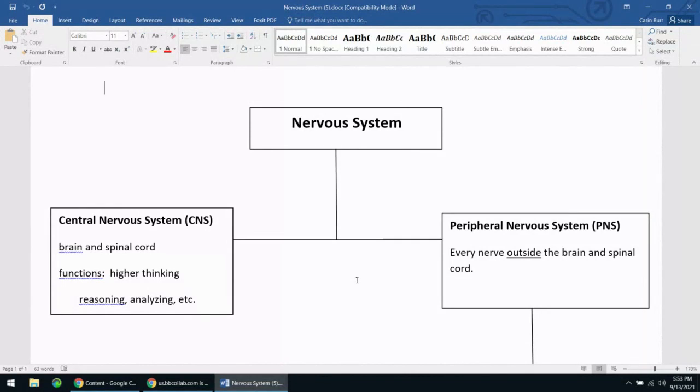The central nervous system, the brain and the spinal cord, takes in all the information from all your 5 senses, goes into the spinal cord and up to the brain, where higher thinking functions process that information. So it's about reasoning, analyzing, problem solving, those kinds of higher functions. Primarily, if you've taken your Psych 1111 already, primarily frontal cortex kinds of things, and some temporal cortex,